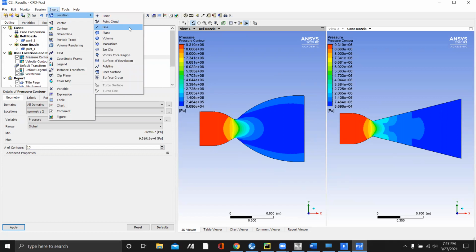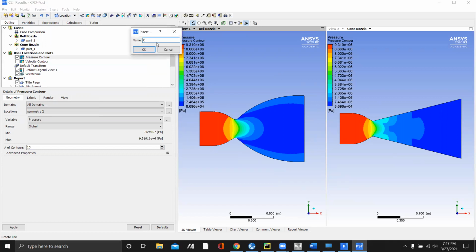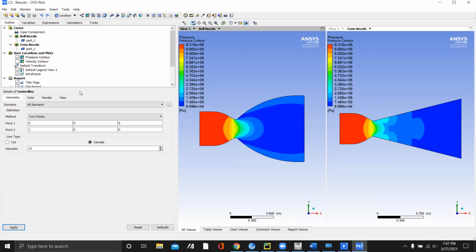So for example, when we create a line, we'll call it the center line. And we don't have to adjust the x coordinate or the y coordinate at all. We only have to adjust the x. So from 0 to, we'll just say